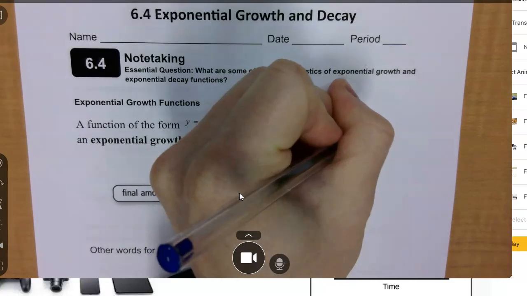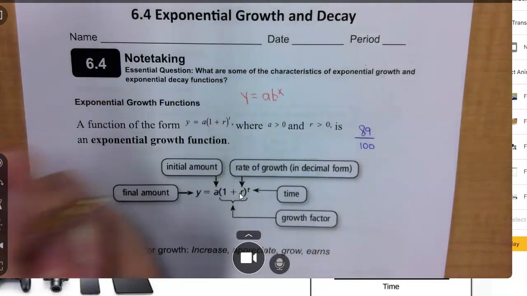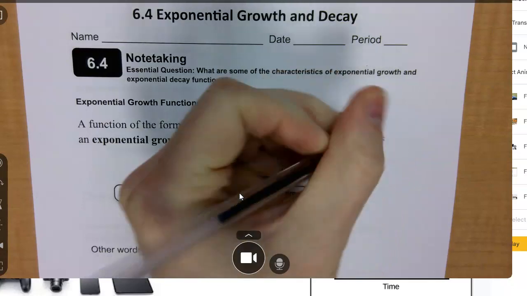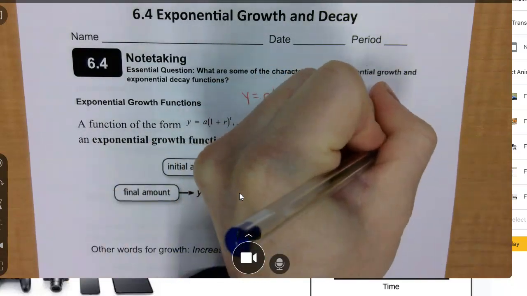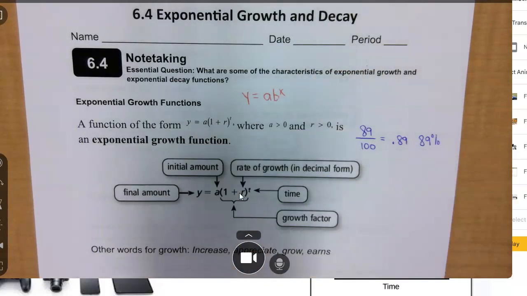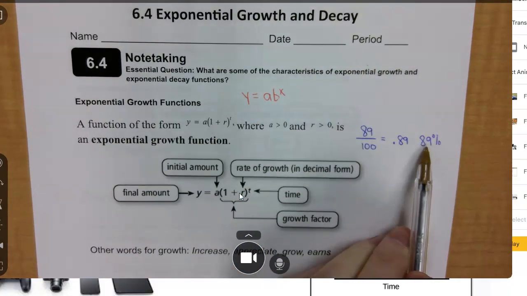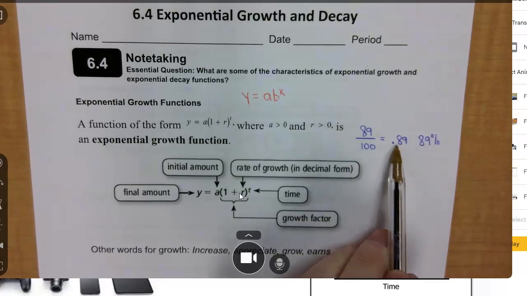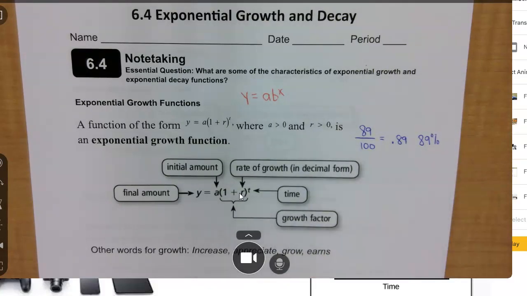If you had a test and you scored 89 out of 100 on a test, your percent, or this becomes a decimal, 0.89. But we know that that really means 89%. So the way that you write this percent is as a decimal. And that's what we will be doing when we do exponential growth and exponential decay. So when you see this 1 plus the r, the 1 is actually like a placeholder for the amount you started with,